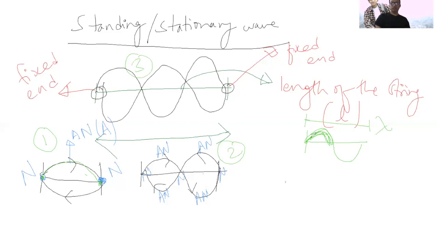As we already defined, the crest and trough give you the wavelength lambda, right? And this is half of the wave. So in this case, this is lambda over 2. So the wavelength associated with this standing wave is the portion of the wave constrained between these two fixed ends of a string of length L,